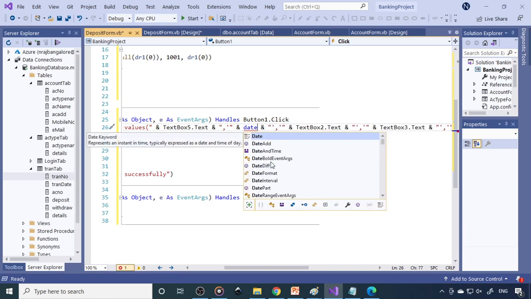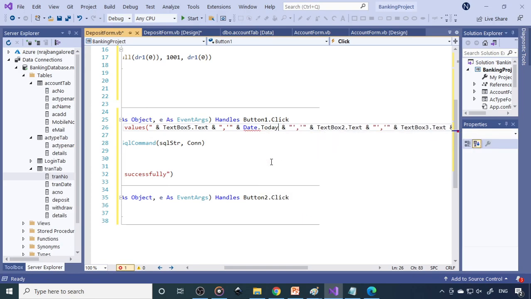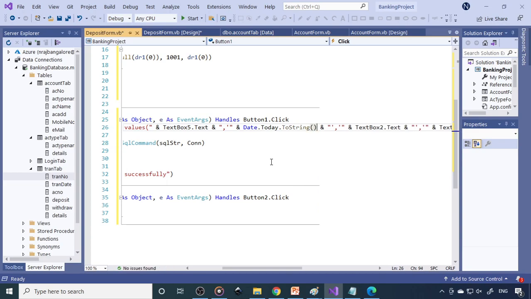For that you have to use Date.Today, then use .ToString and use the format dd/mmm/yyyy. Okay, so Date.Today.ToString with mmm. This will bring it into this particular format. That date will go to the table. This is the transaction date.